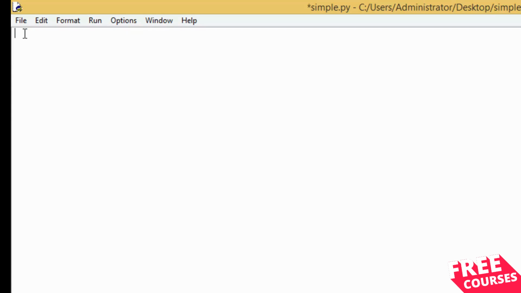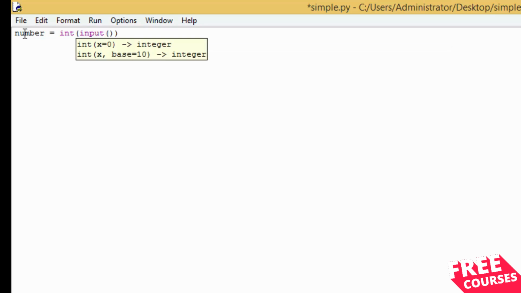So what this application does is it checks whether the number is even or odd, and it returns whether it's even or odd. So to do that, you first need to get the input from the user, or you first need to get the number from the user. And for that, let me create a variable called number equals int input. Let's say enter the number,